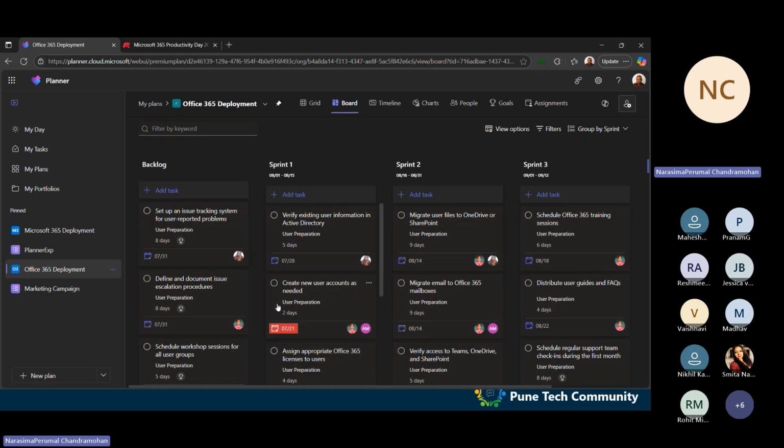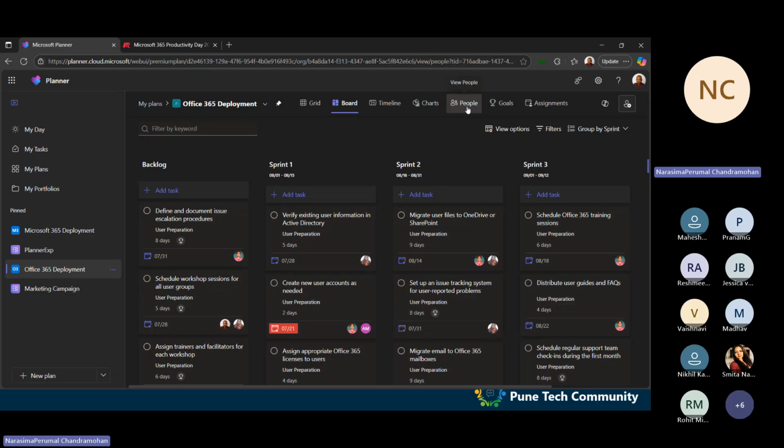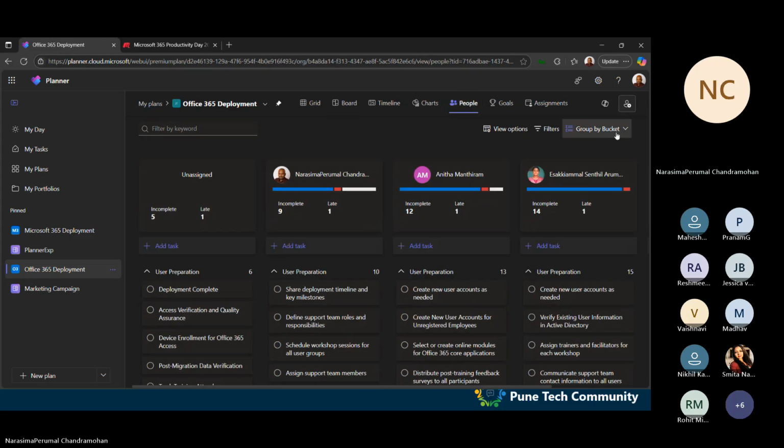So I can use this view and then I can move this backlog item to either of the sprint 1, 2, 3 accordingly. And suppose you want to see how the tasks have been spread out across your resources or your employees. What you can do is that you can go to people and then instead of bucket,